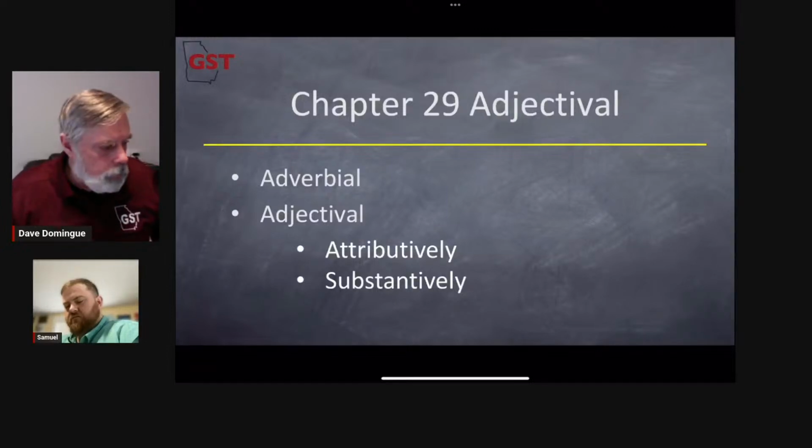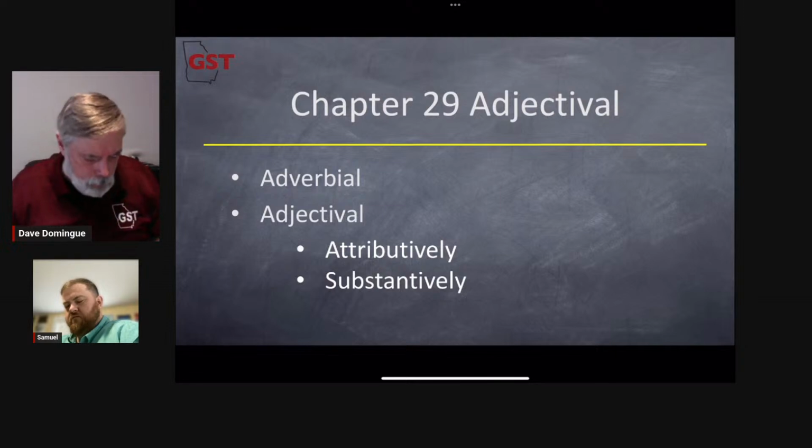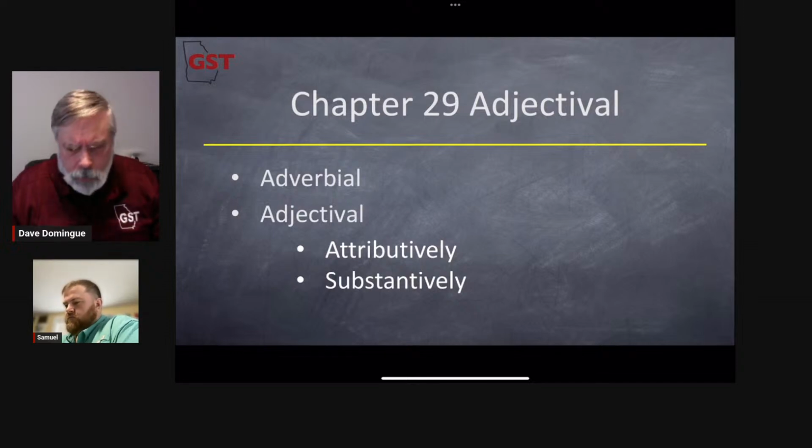All right, we are getting started here. We're in chapter 29, continuing our view of participles. So this would be our, I think, fourth week on participles. We did the intro, and the last 2 weeks was looking at adverbial participles, and this week we're going to